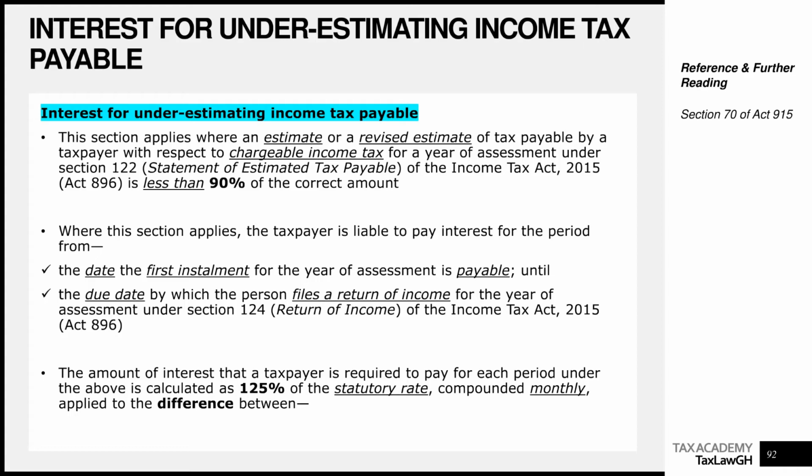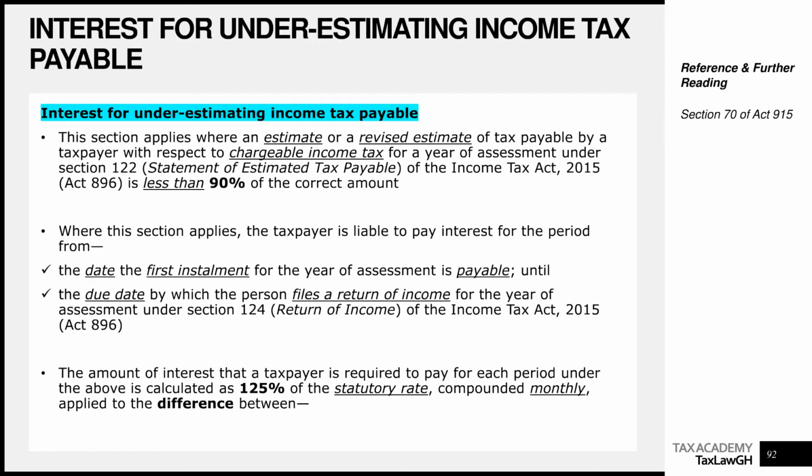So if your year end is 31st December, then your first installment will be paid by the end of March, the next will be paid by the end of June, the next by the end of September, then the end of December. So you are allowed to pay your quarterly installments and then revise them as and when you feel they are changing, right?